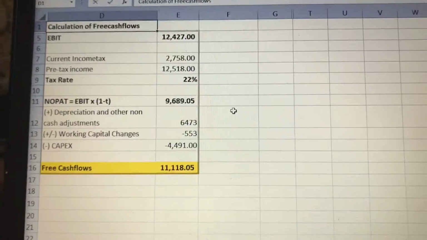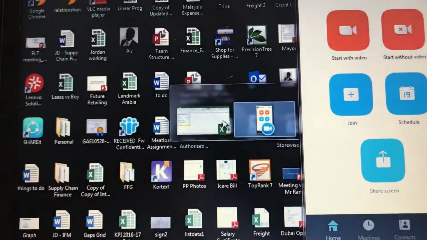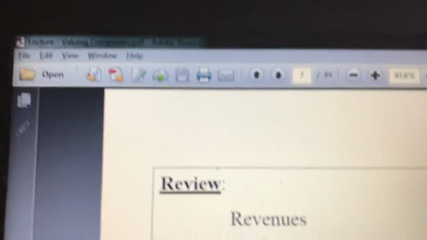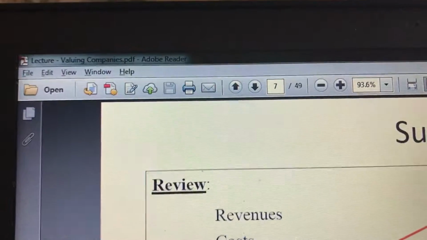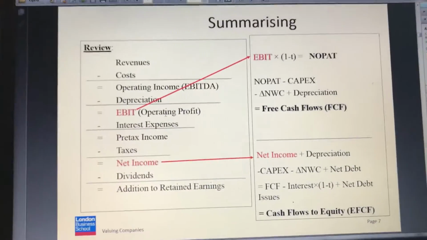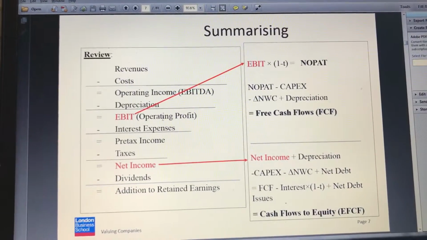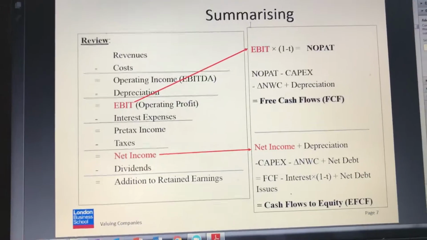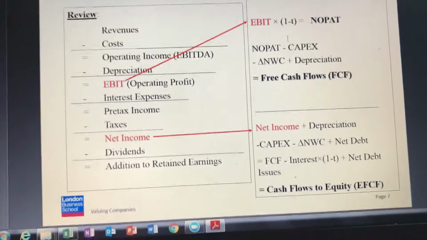Now if you see the session notes, let me see if I have that open. Yes. Now this is what the prof had mentioned. This is in valuing companies, and I guess it's about page 7. So this is a way we compute free cash flows, which is